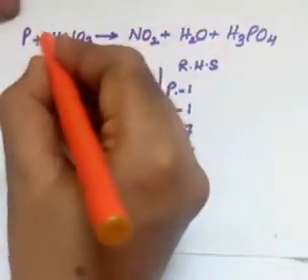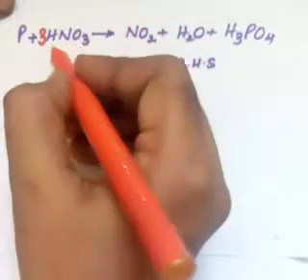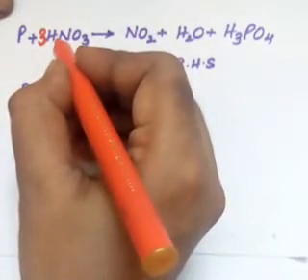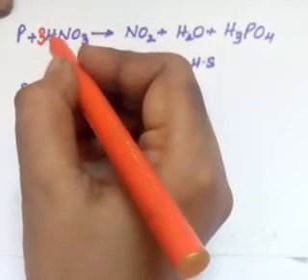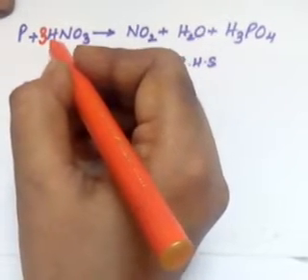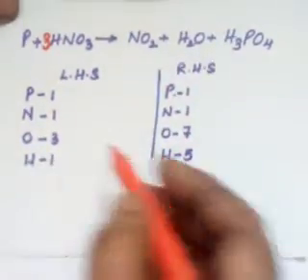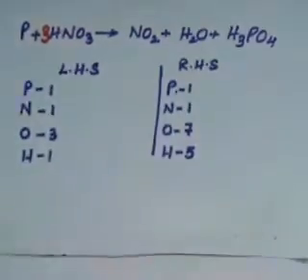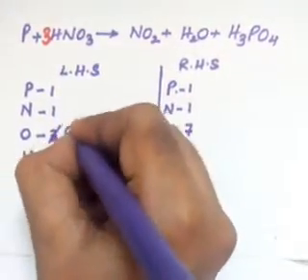So let us make 3 over here. This is what we say hit and trial. We are just trying it. This is not the final thing. We are hitting and trying. If it is correct, it is fine, otherwise we will go for the next option. If we make it 3 over here, hydrogen will also change. If we make 3 over here, it will become 9.